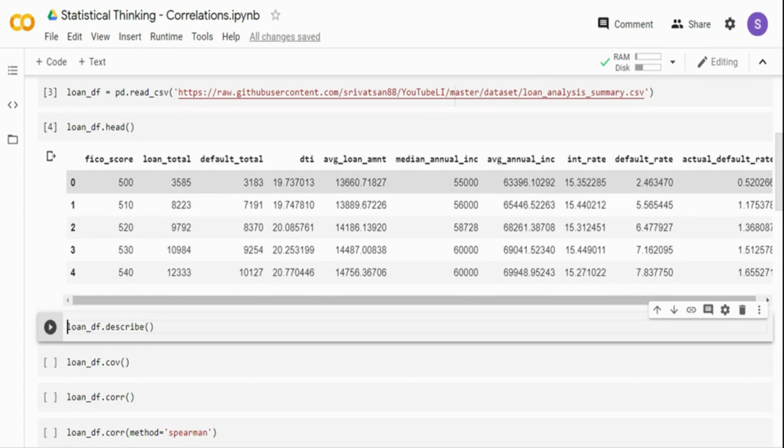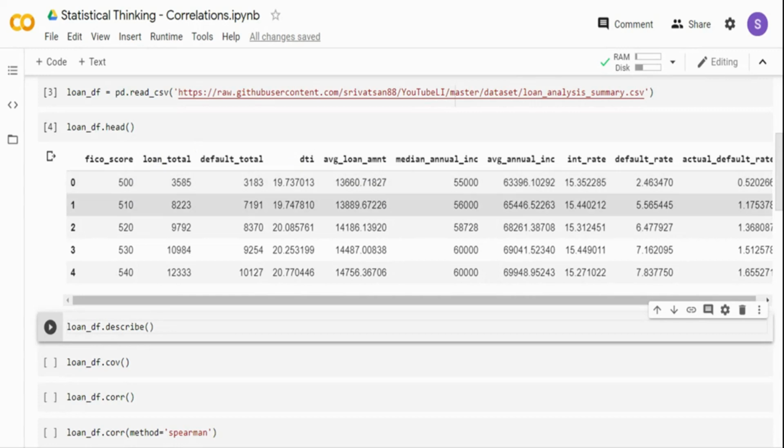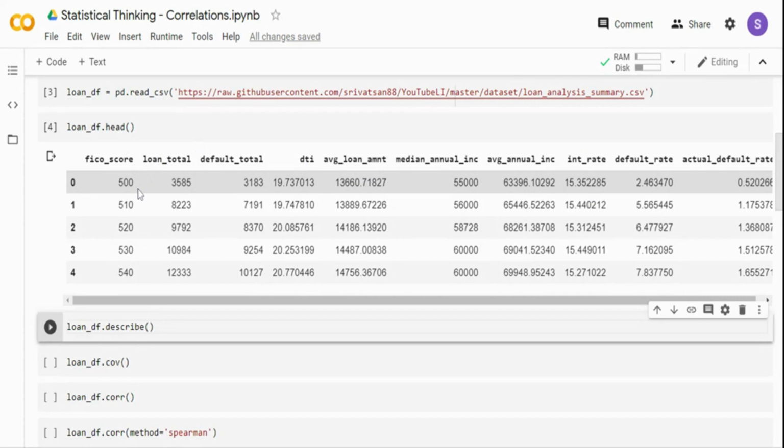how many of the loans within that FICO score defaulted. So these are the three columns. The debt to income ratio is how much debt the user has against income. If he has an income of $1,000 and he is taking a debt of, say, $300, then his debt to income ratio is 30%. This is the average debt to income ratio across this FICO score. Then the average loan amount in the FICO score. Typically, if you look at the interest rate column here, the lower the FICO score, the higher the interest rate will be.